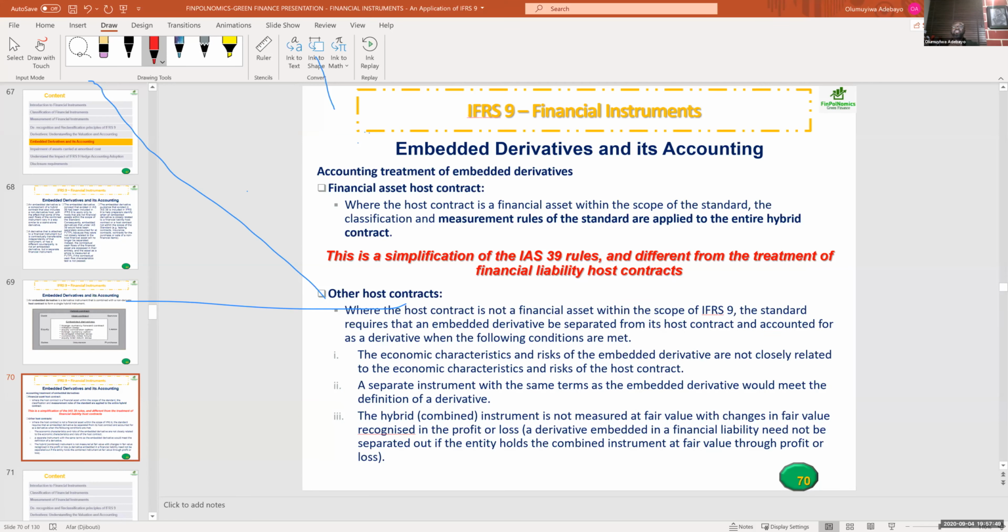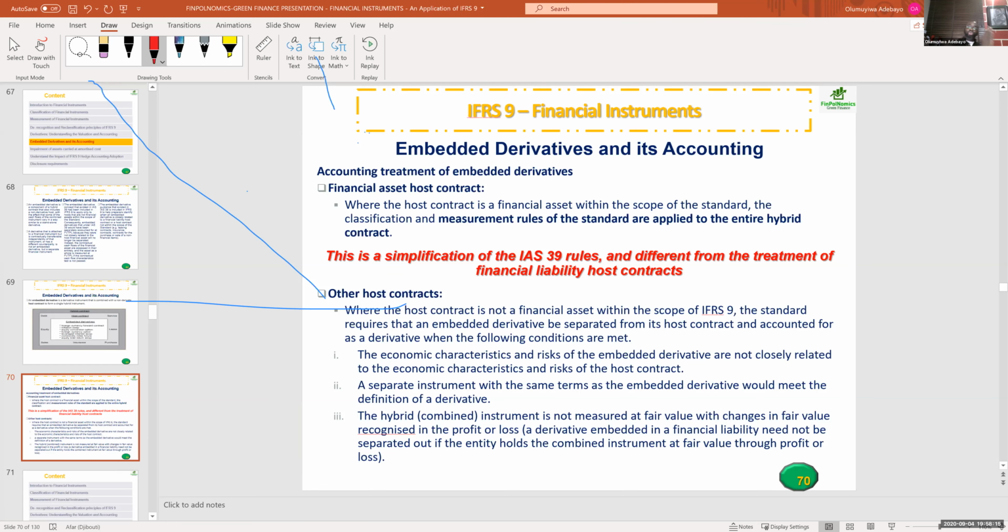Our concern is this: should we measure the embedded derivative, which is the host contract and derivative, as a single contract? Which means in my measurement, I'll take them as one and I will measure it at fair value. Or is there a need for me to split it into individual components